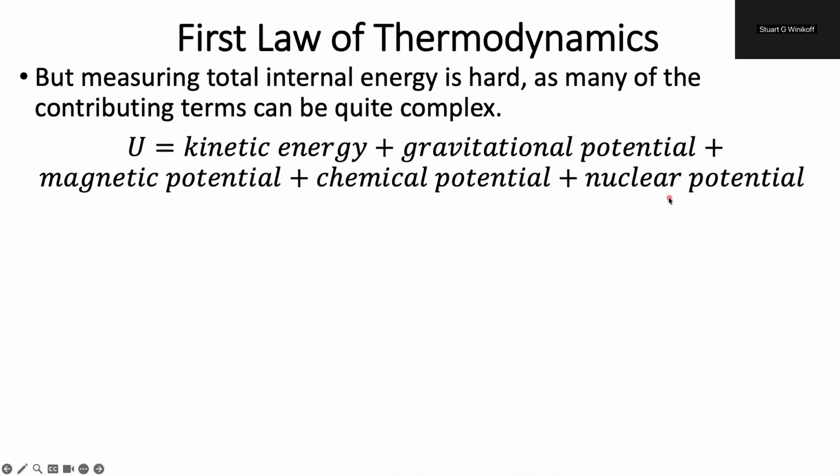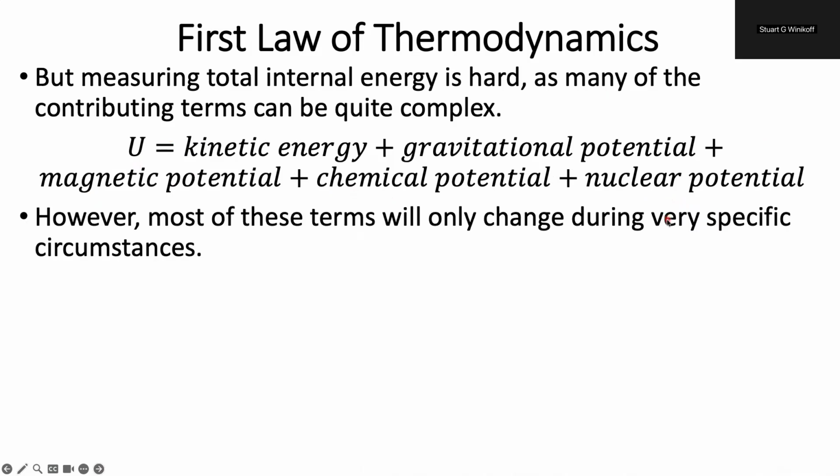It turns out that most of the time we don't care about most of these because a lot of the times, very few of these are going to actually change. I'm really not throwing my flask around, so I could probably ignore gravitational. Most of the time, I can often ignore magnetic. Some cases you can on each of these. I'm not doing nuclear chemistry, so I can probably ignore nuclear potential. So we're often going to focus more on kinetic and chemical. So again, our thermo energy and our energy stuck in bonds.